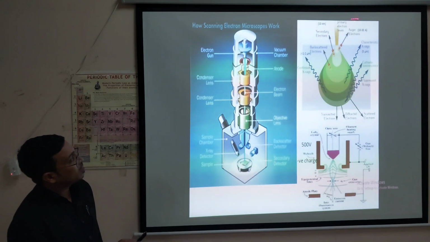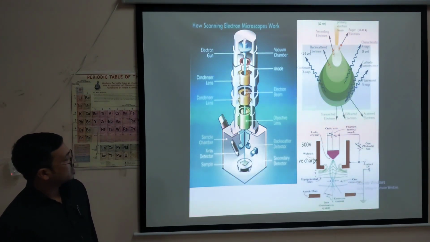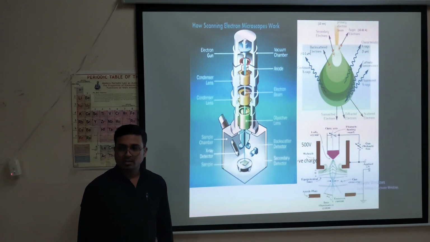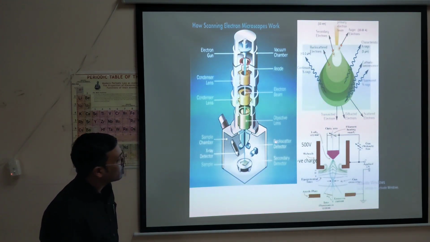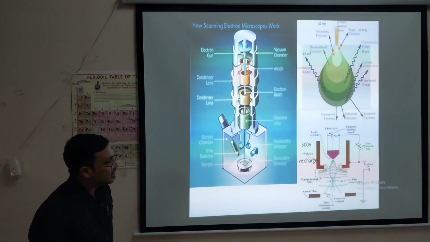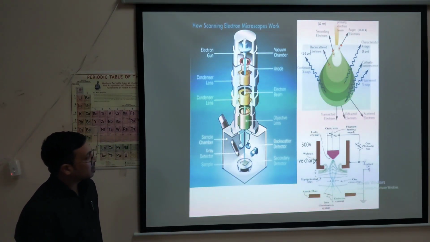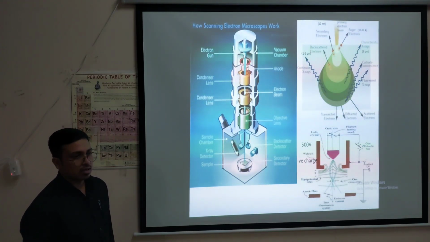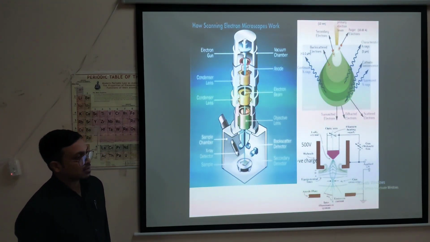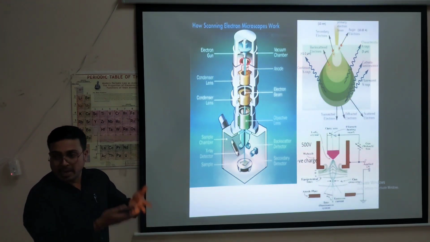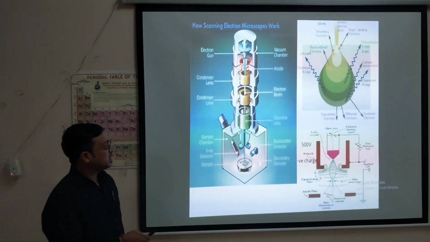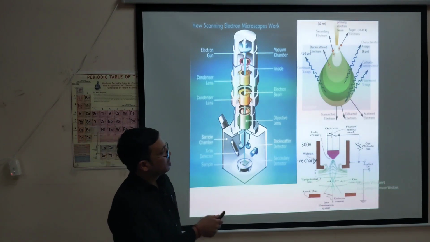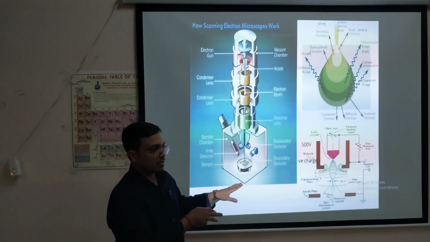So to capture all these you have different types of detectors. Look here: X-ray detector, backscatter detector, secondary detector. They will be capturing all these things. And this backscatter detector is placed just at the mouth of the beam emitter, so to say. Backscatter means the electrons will be scattered back to the source from which the electrons are coming. And the system is completely under vacuum condition. You got an idea about this? Any doubt? Okay, fine.